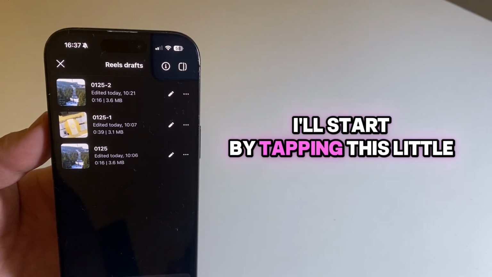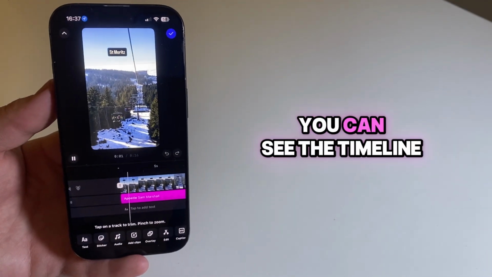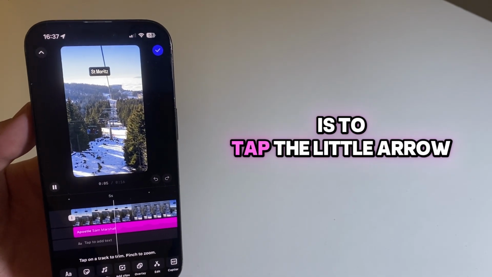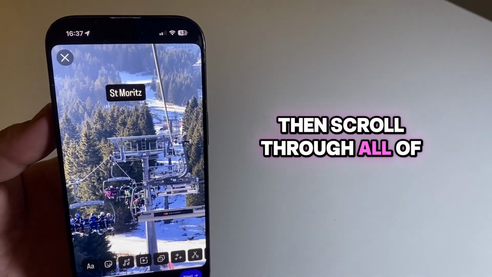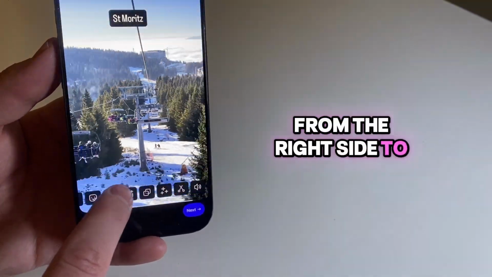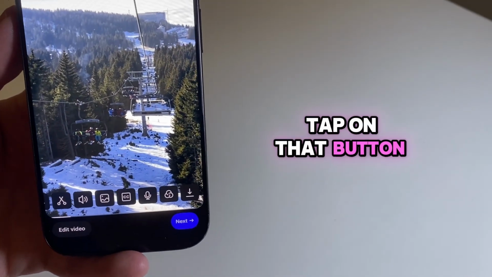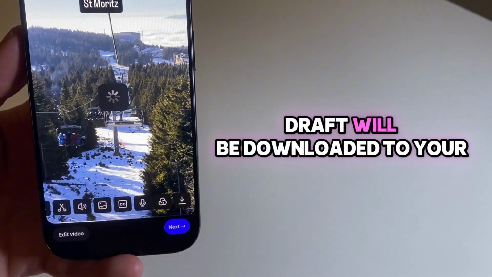I'll start by tapping this little pen icon, which will open my reel editor. You can see the timeline and all of the tools. But a very important step is to tap the little arrow at the top left. Then scroll through all of these tools from the right side to the left, and you're going to see this little Save button. Tap on that button, wait a couple of seconds, and then this reel draft will be downloaded